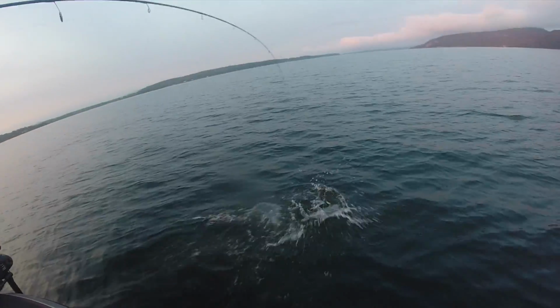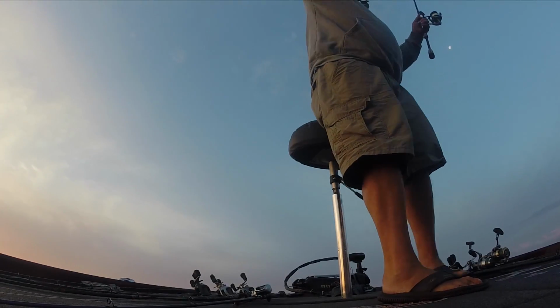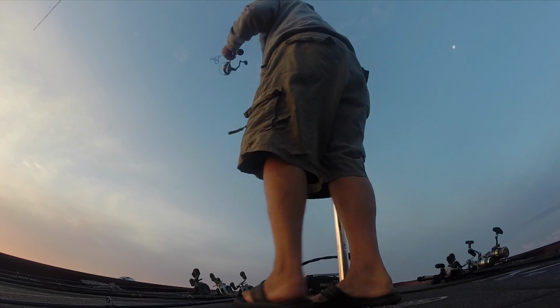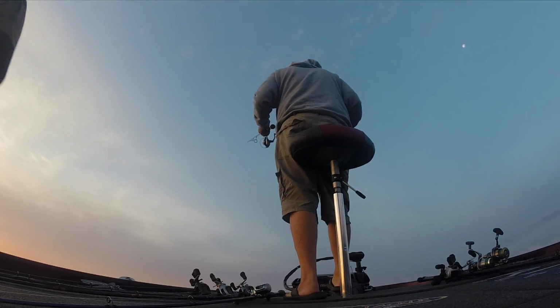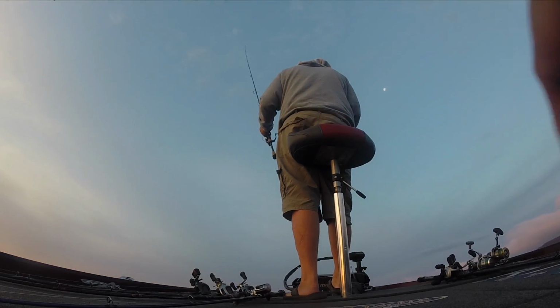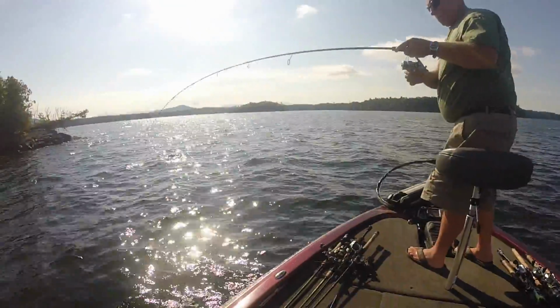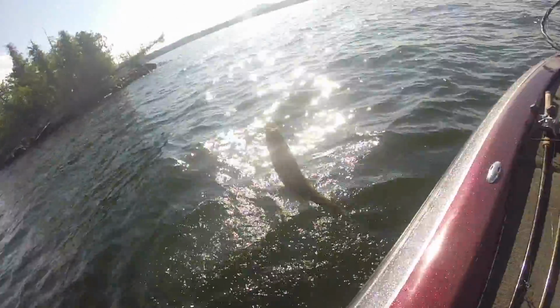Oh yeah, nice smallie. He set the swim bait down in the shady. Why was getting mine? Oh, it's tiny. Still though. Did it really? No, not a big one, but